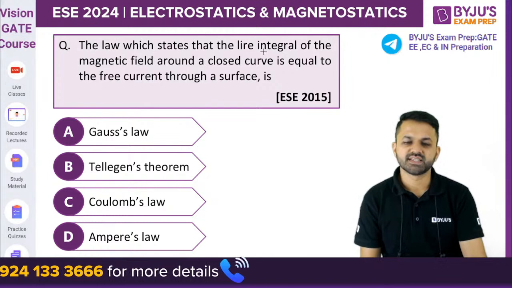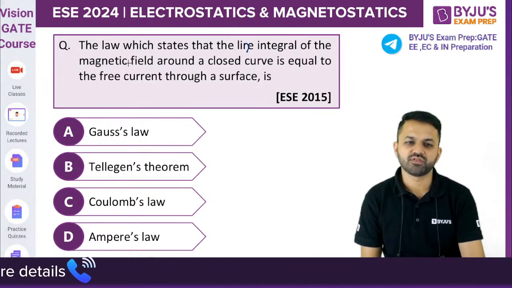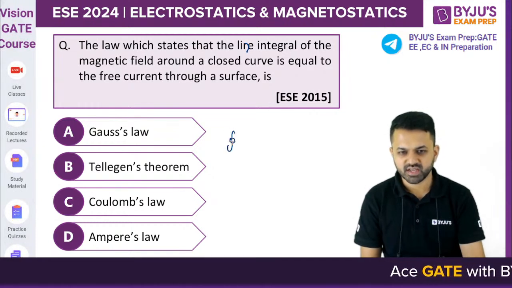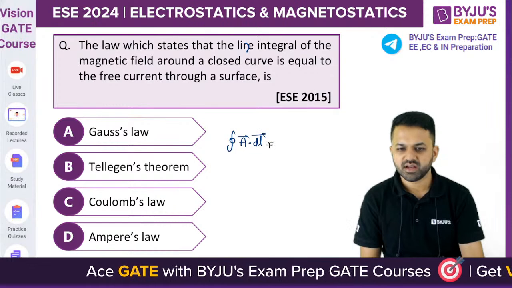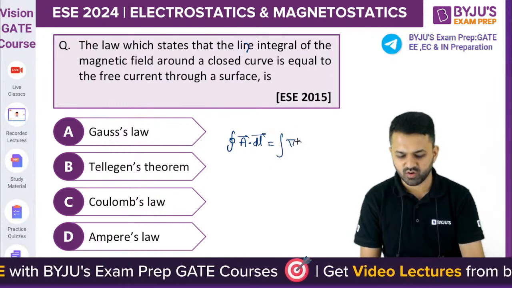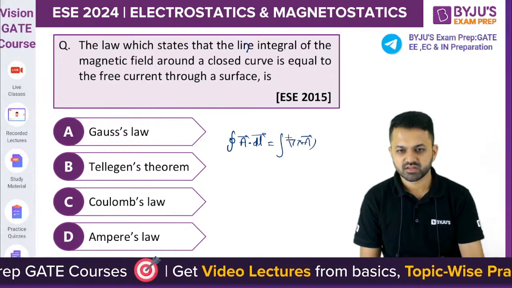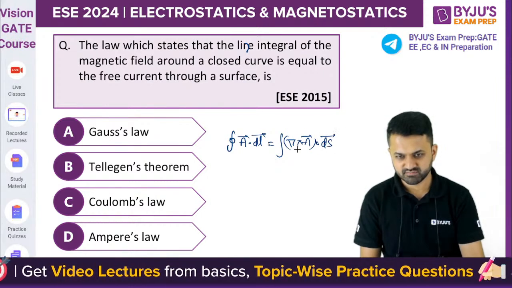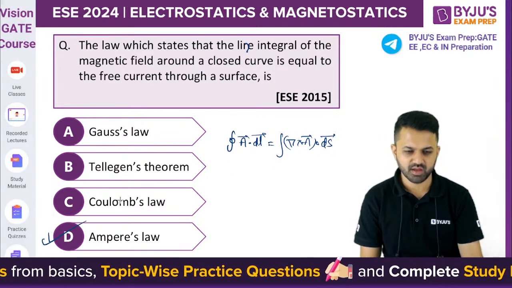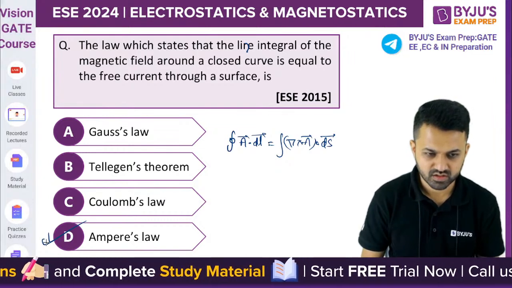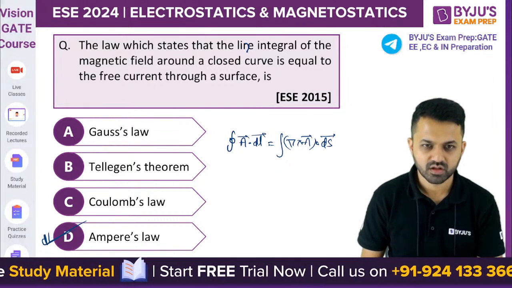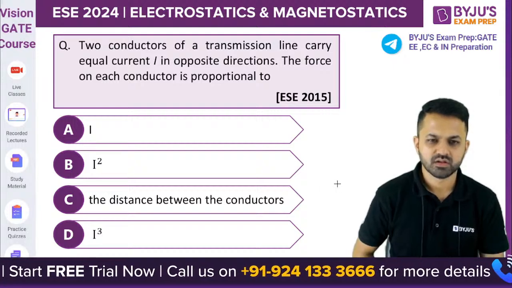The law which states that the line integral of the magnetic field around a closed curve is equal to, so integration over the closed loop, that's a dot dl है ना, ये किसके इक्वल होता है, कर्ल ऑफ ए डॉट ds, तो क्या आ जाएगा, एम्पियर्स लॉ। चलो ये बताओ।